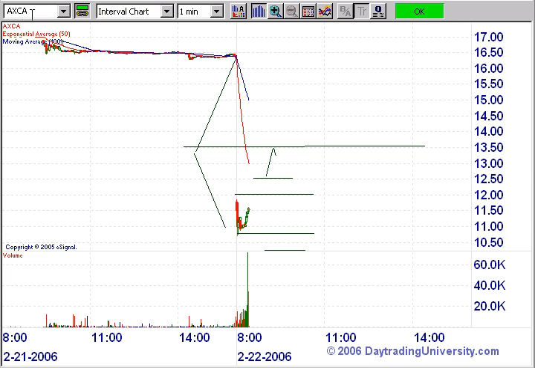The previous one, Baidu, that means, for example, I would go twice as many shares in the direction of the gap as I would on a gap fade. And in AXCA, for example, if I were to do 300 shares long at 12.6 if it were to bounce here, I'd go, I don't know, 500, 600, maybe 700 shares on a short at 10.5, another 500 at 9.7 if it were to continue in that direction. Okay, let's take a look at